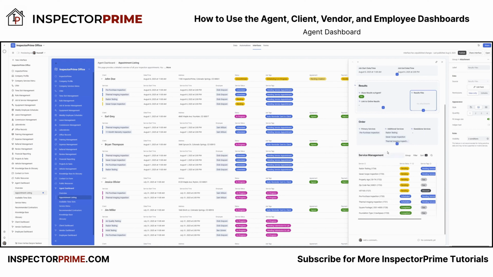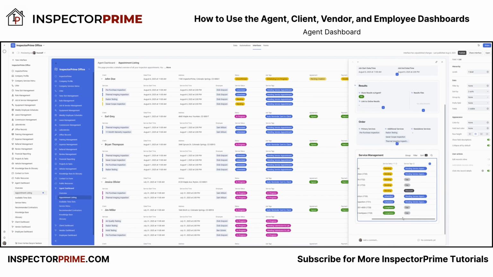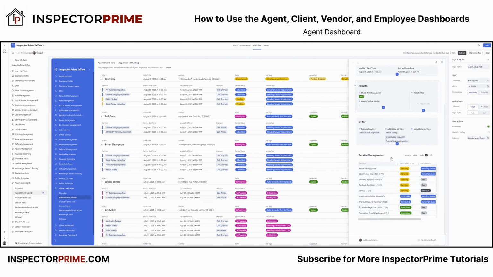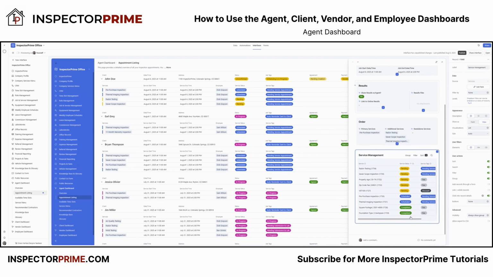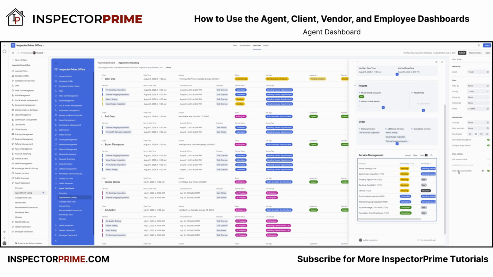The agent will also be able to see the services that the client ordered. And they will be able to see those services within this table right here. We see there's a mistake made here actually, and we can fix that. This is important when you're editing these views, because remember, this is an agent job detail. We don't want them seeing our internal job details. So when we go to this table here and we have the click into record details option, we want to be able to click into the record detail to see the status of that service, but